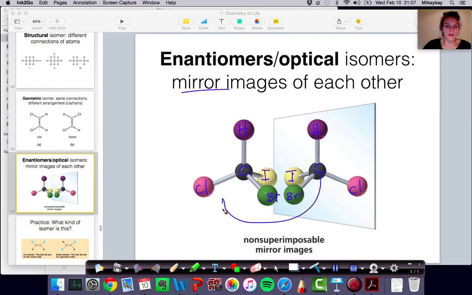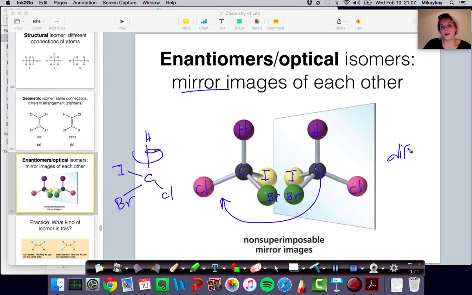because if I were to move this one over here, you would have a chlorine, you would have a bromine, right, coming out kind of forward, you would have an iodine kind of going backwards, you would have a hydrogen up here, and you would have a chlorine kind of coming forward, and that is not the same. I can rotate this molecule here as many times as I want, but it's not going to be the same as this one here. And the reason why we talk about this is because each of these different isomers have